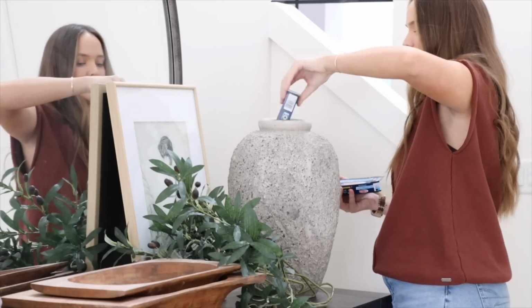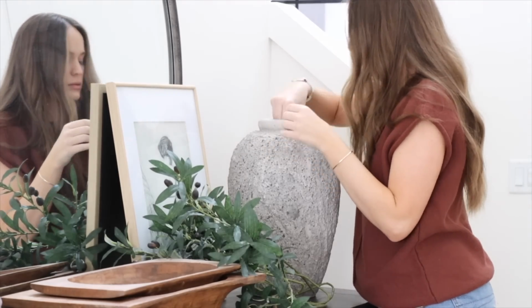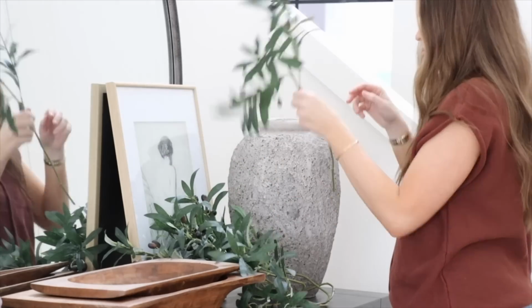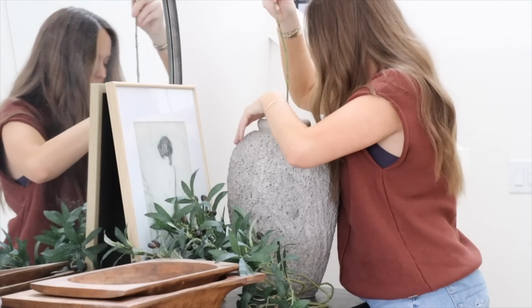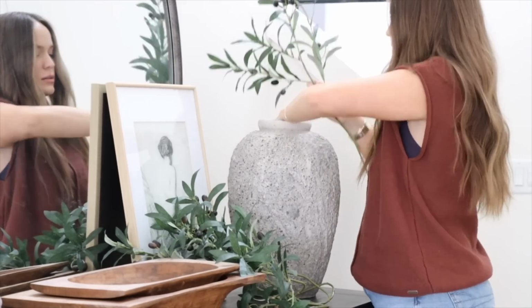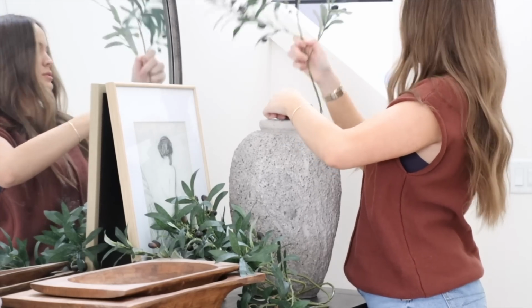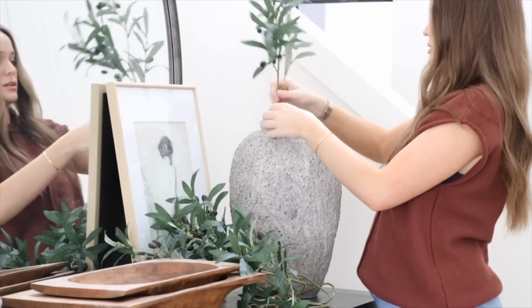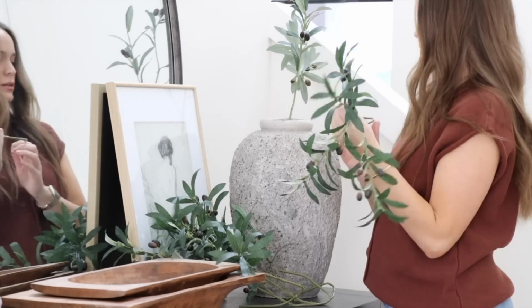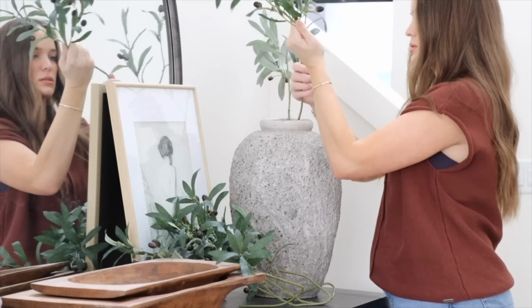Now, because this vase is so large, I actually ended up just grabbing my spaghetti boxes because I need something to prop up my stems in this extremely large vase. So you can use other things. Obviously, nobody's gonna see it, but I just ended up using my spaghetti boxes and they worked out amazing. So anyways, I ended up opening them and then stuffing the stems right inside the spaghetti box. So my little trick of the day, I guess, but I just stuffed these olive branches into my large